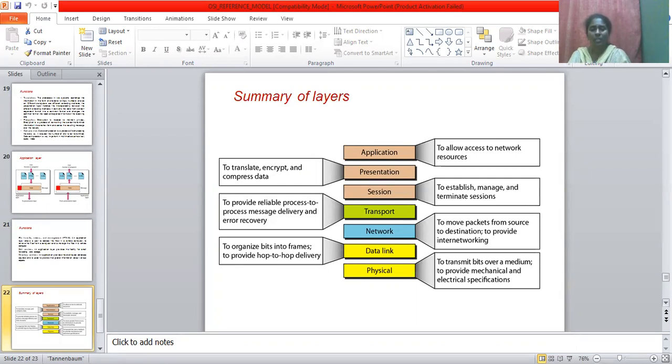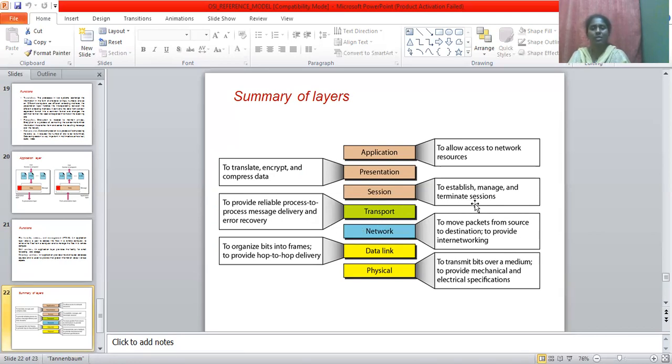Next, coming to the network layer, to move the packets from source to destination to provide internetworking. So the data here is called packets. Next is transport layer. It provides reliable process to process message delivery and error recovery. Next is session layer.